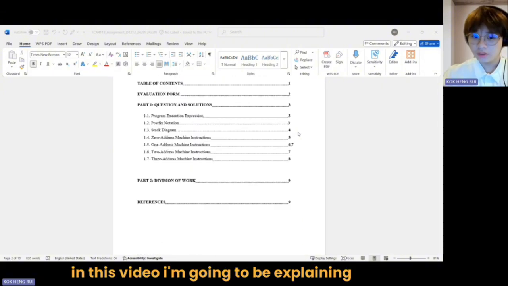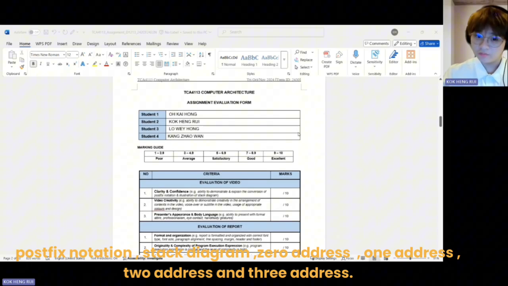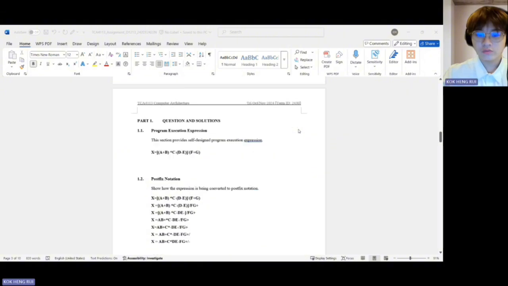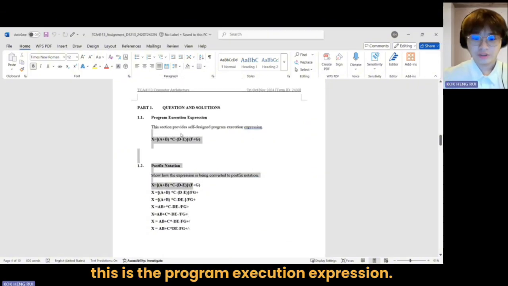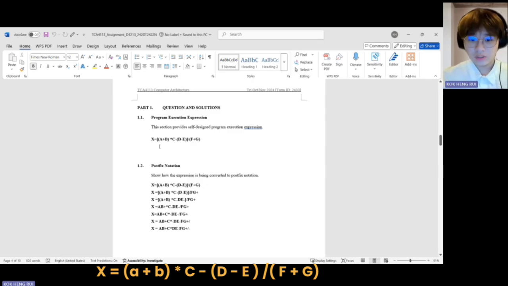In this video, I'm going to be explaining Postfix notation, stack diagram, zero address, one address, two address, three address, and all that. So first, this is the program execution expression. So this is basically the question. X equals to bracket A plus B multiplied by C and then minus D bracket D minus E divided by